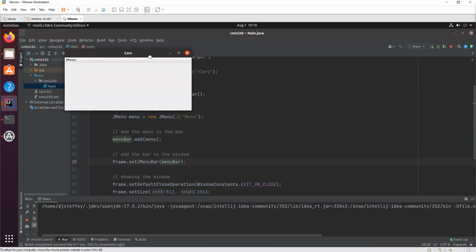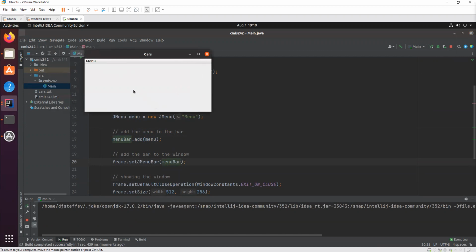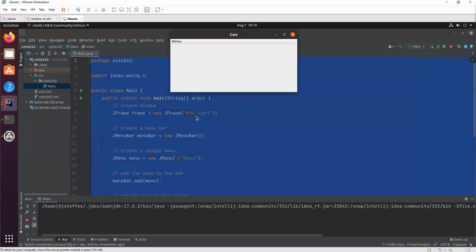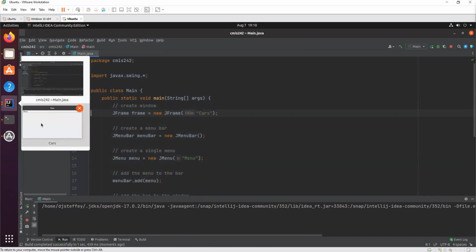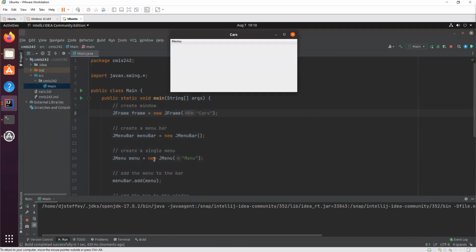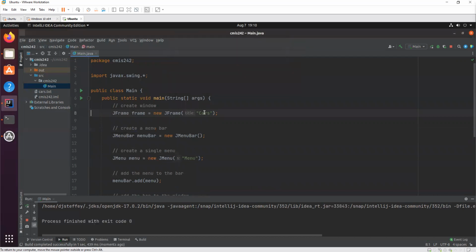And now you see we do have a menu bar, and we have this one single item called menu, right? Oops, where did it go? There it is. With this menu being this JMenu, right? But right now there's nothing underneath it yet, but we're getting ready to add those other things, okay? So let's close this out.